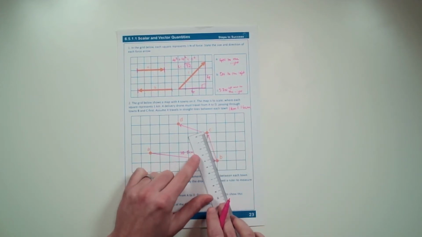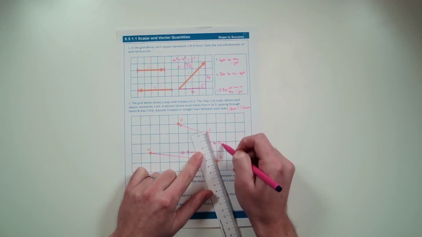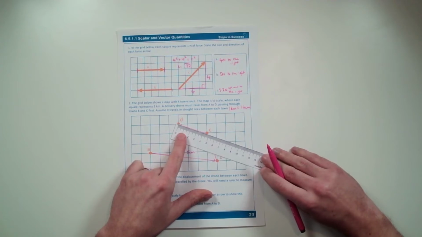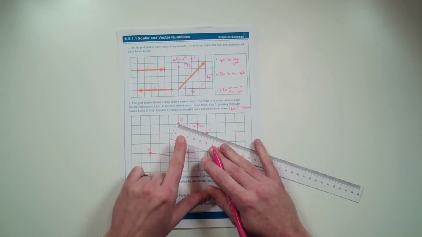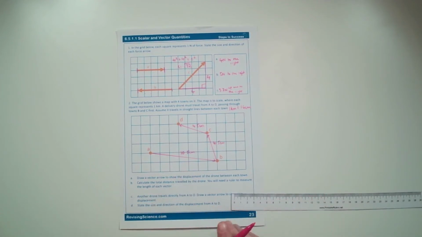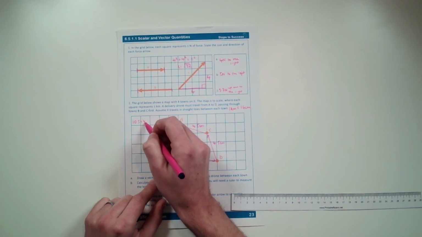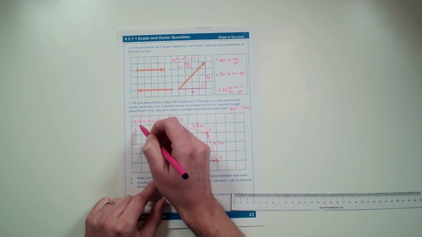From B to C, 4.5 centimetres, and from C to D, 4.5 centimetres. We therefore know in total the drone has gone 10.5 plus 4.5 plus 4.5 centimetres, which equals